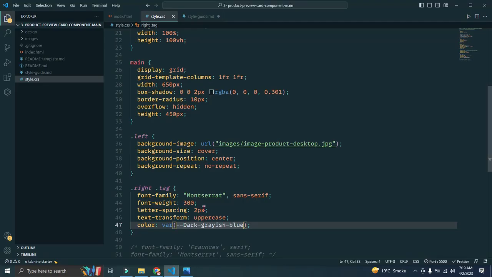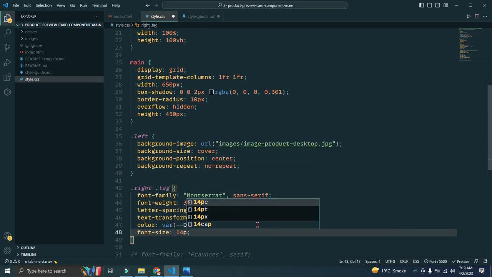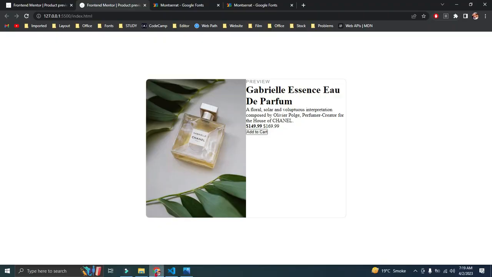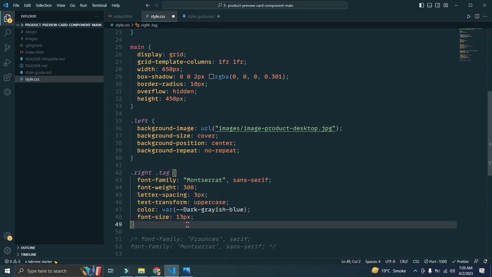The font size is too much. Let me decrease the font size. Font size will be 14 pixels. Now it is looking good. Good. 3 pixels, and let's slow it down to